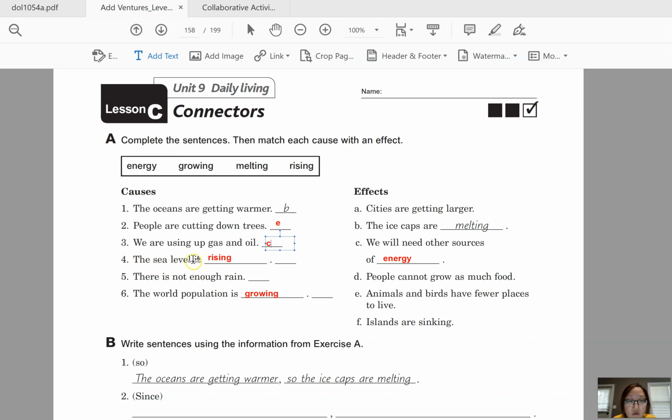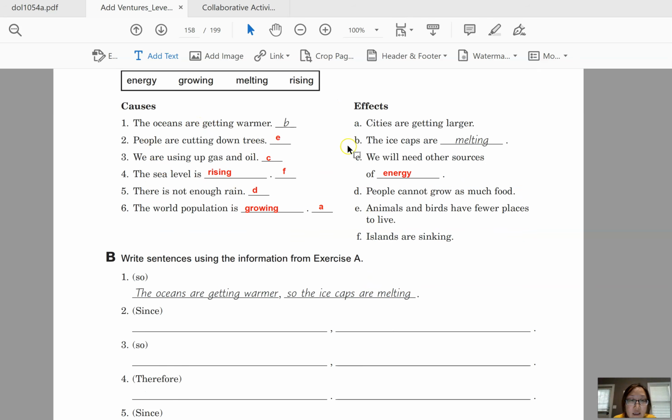The sea level is rising, and let's see. That means islands are sinking. So letter F. Okay. Number 5, there is not enough rain. Okay. People cannot grow as much food. And then the world population is growing. Okay. Cities are getting larger. Okay. So now,